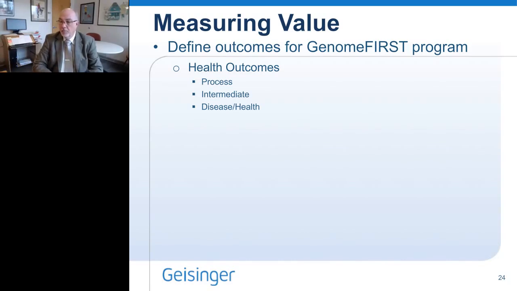Intermediate outcomes are results that relate to the health outcome of interest, but are not a health outcome in and of themselves. The best example here would be the LDL cholesterol level in FH. So if we do that lipid level and we determine that the LDL cholesterol is elevated, that would indicate increased risk for cardiovascular disease, and we would have a target that we could treat. And so that's a very good intermediate outcome because there's a good chain of evidence that suggests that if we use certain medications to lower the LDL cholesterol, that will reduce the health outcome of interest, which in this case would be cardiovascular events. And so that's a typical health outcome, but other health outcomes could include breast cancer, ovarian